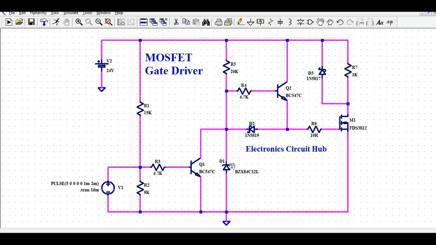And if you change the Zener breakdown voltage from 12 to 15 volt, or 12 to 9 or 10 volt, that's the same voltage you're going to see across the MOSFET gate to source. That means this Zener diode provides the stable gate to source voltage, which is 12 volt. And R5 is the current limiting resistor for D1, and for Q2, R5 and R4 are the current limiting